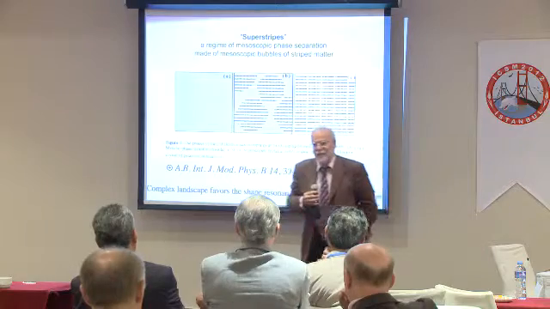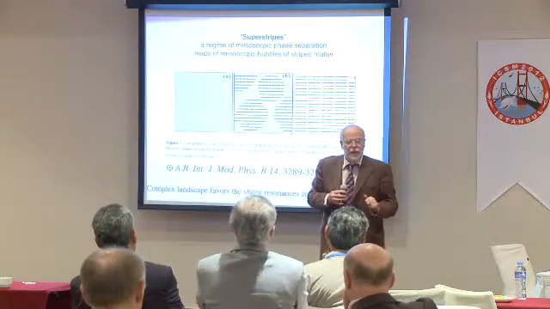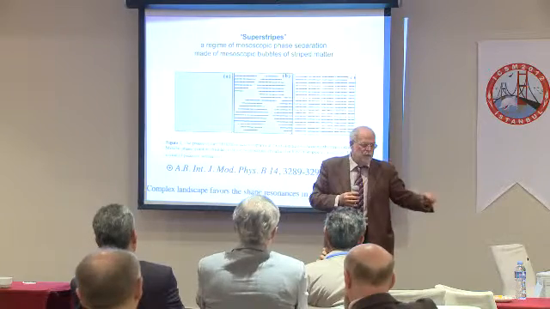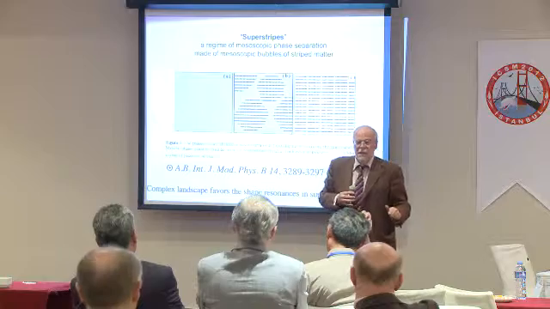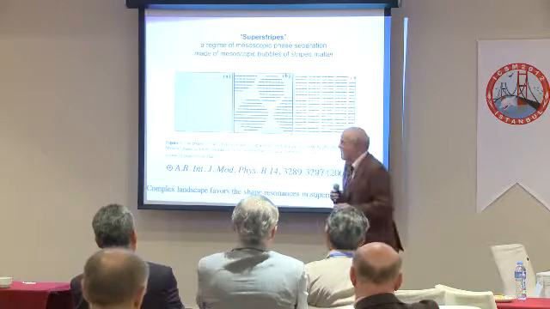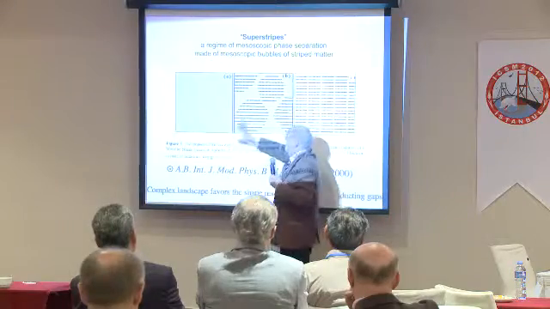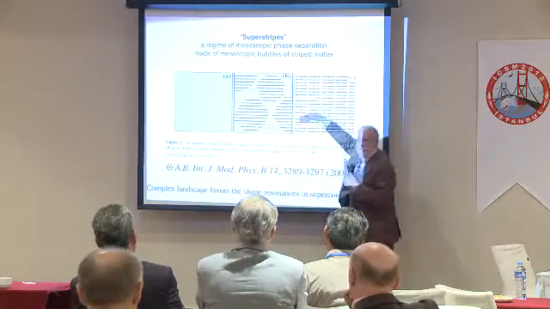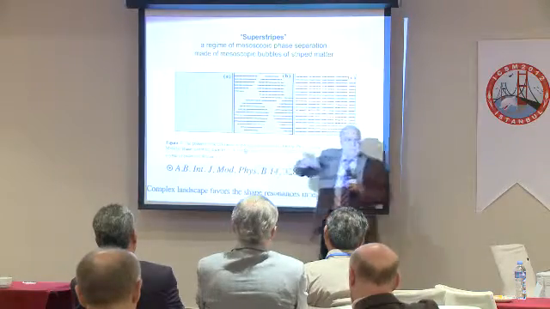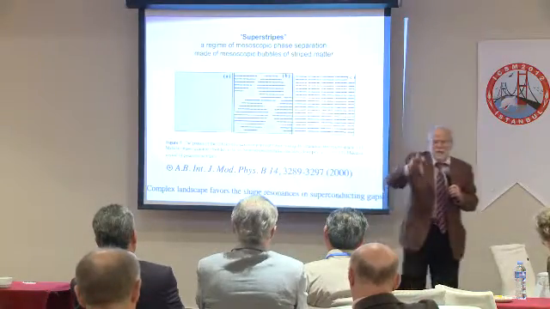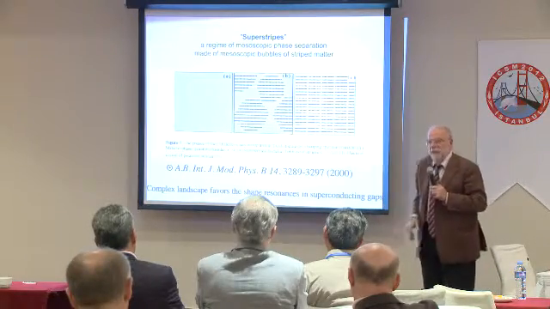We have been obliged to accept that this kind of phase separation is not homogeneous, is not randomly distributed, but is more complex. This is the uncorrugated material. These are completely corrugated material. You have this happen in some particular case where you have patches of corrugated material and patches of uncorrugated material.